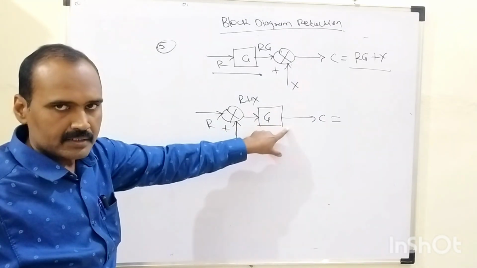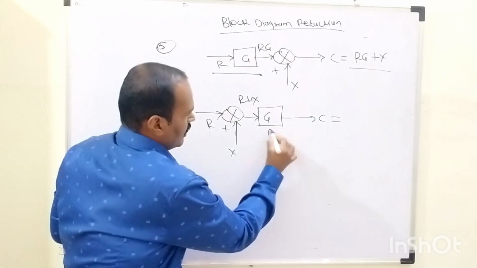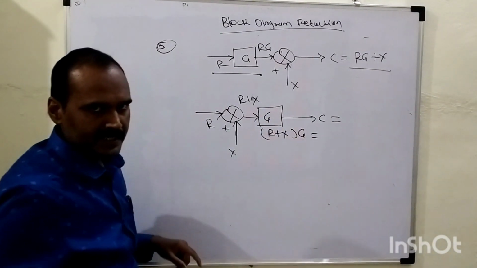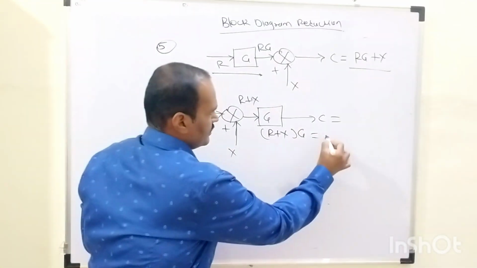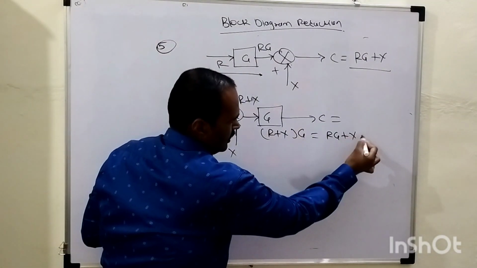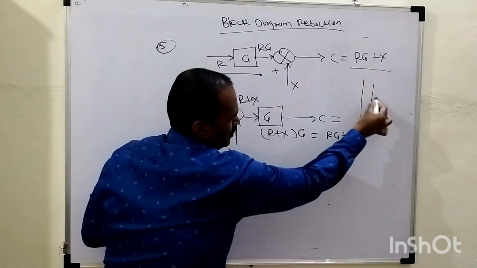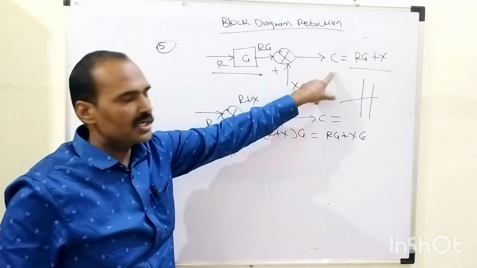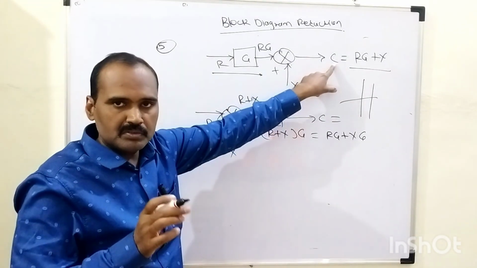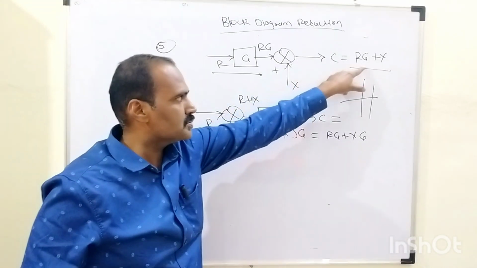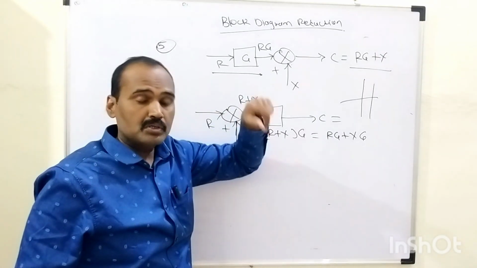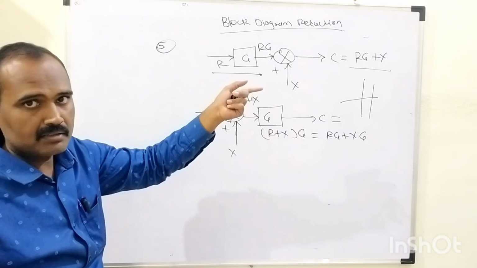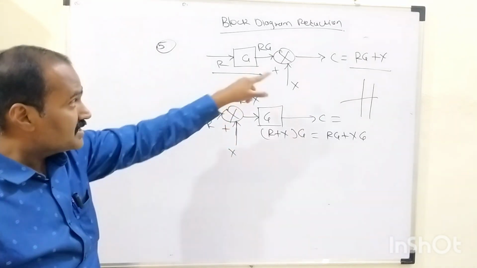And at that point, the output of this block will be R plus X into G, the input multiplied by its gain, right? So if you multiply this G with this parenthesis, it will become Rg plus Xg, which is not equal to this first term. In that first scenario, we should retain the equation C equals Rg plus X, right? So in order to retain that original output equation